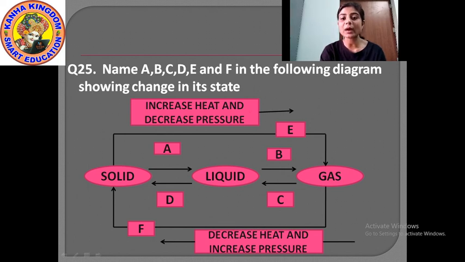Okay, here what is happening? When solid is directly changing to gas, the heat is increased and the pressure is decreased. And when gas is changing to solid state, the heat is decreased and the pressure is increased. So what are the changes in state? Okay, the answer is